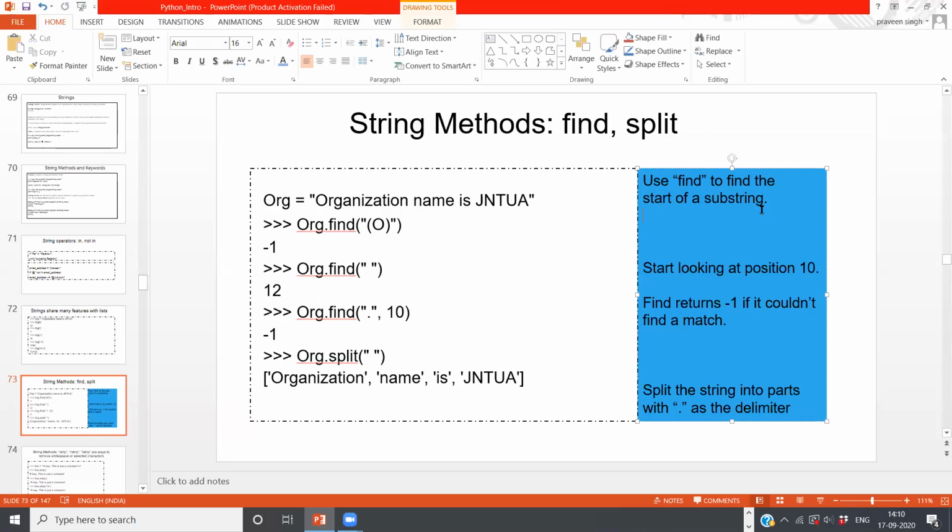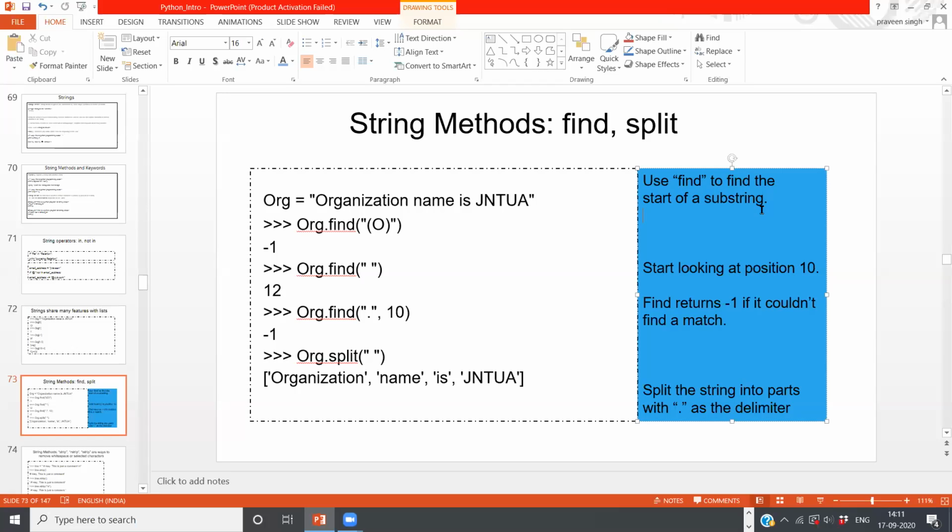Suppose I write org.find, then I have to specify a particular character, where exactly I am getting it, or maybe I wanted to know where the space comes, or where the dot comes. I will show you in an example.